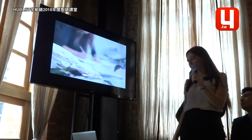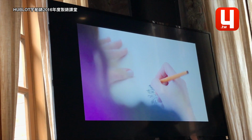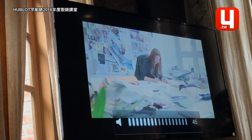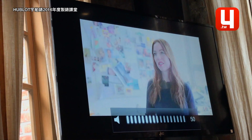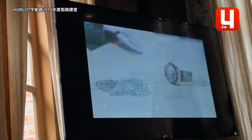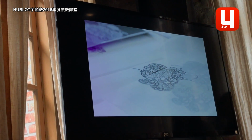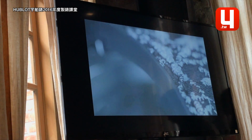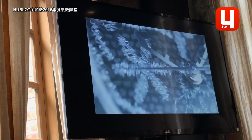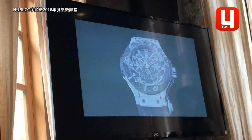the Big Bang Broderie. So we got a copy from Hublot with the skull that we wanted to develop, and we had to adapt this into this very small piece of space we had. And for us this was really a big challenge because we are not used to working in such small dimensions. And this was really the difficulty also, that you could recognize that it was an embroidery and not anything else, no print or no lace, but really an embroidery. And that's why we had to try to include as many technical stitches as possible. But on this small scale, this was really